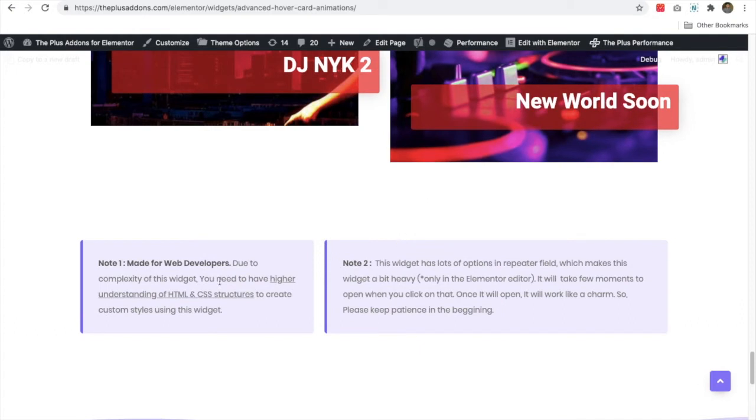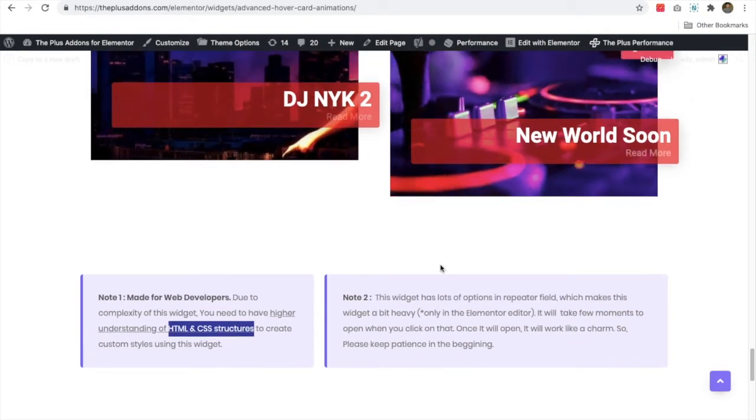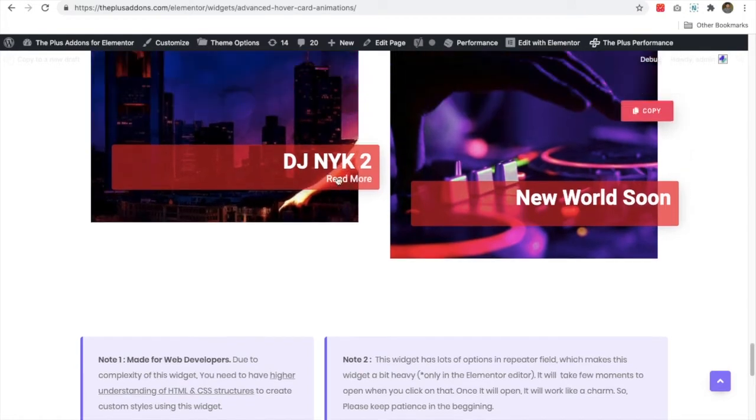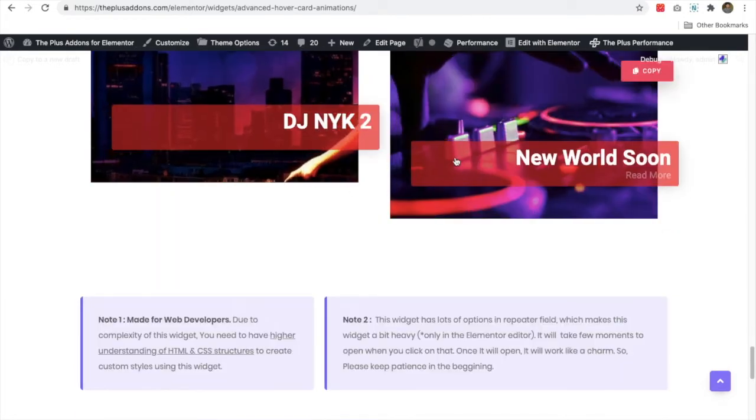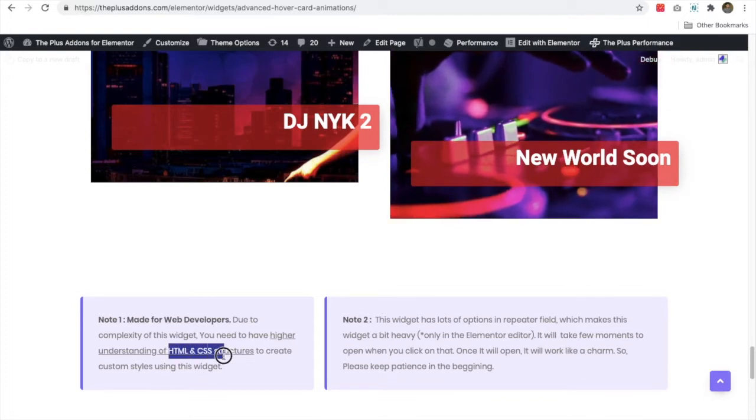Now there are two notes. This widget is made for developers. That means you should have knowledge of HTML and CSS structures to make a layout like this using this widget. We have included most of the options, but you have to know about HTML and CSS structures.